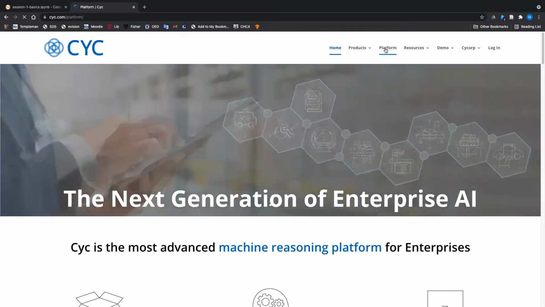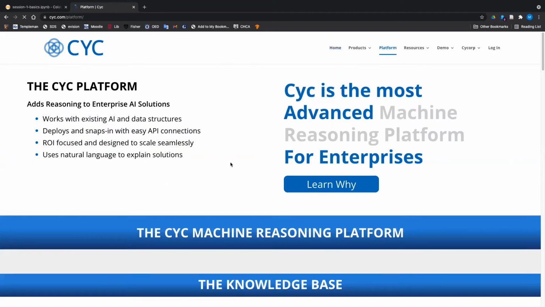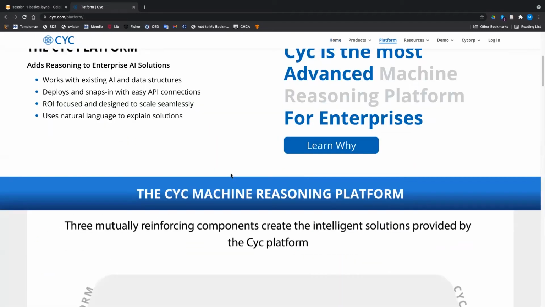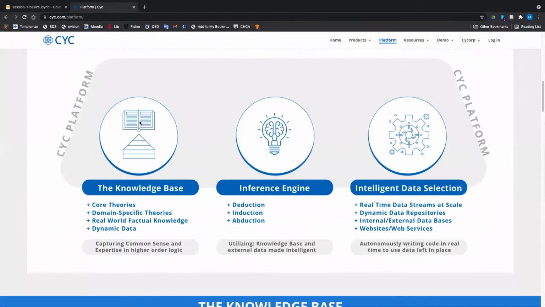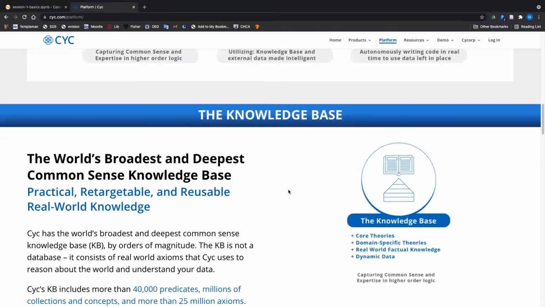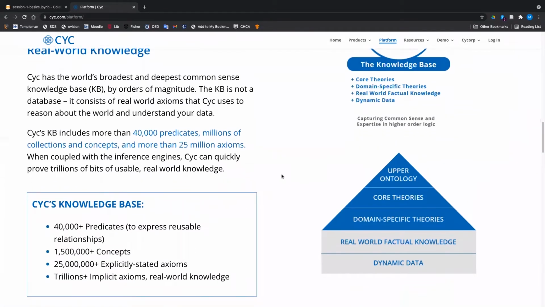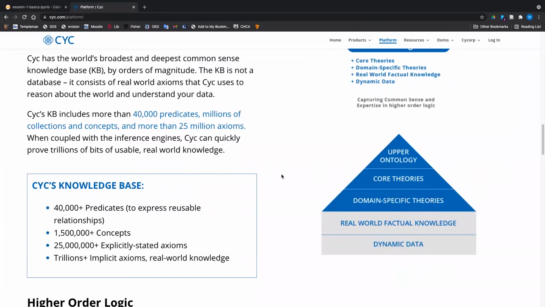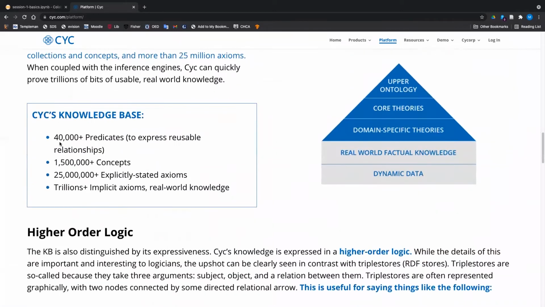So if you click on this platform and scroll down, they say they have this thing, the knowledge base, combined with an inference engine. And they claim that this knowledge base can more or less represent common sense in explicit propositions, and the inference engine can do all sorts of reasoning on it. And if you scroll down, I mean, it's a private company that's trying to sell its products. So they obviously try and make this sound really good. But they claim to have